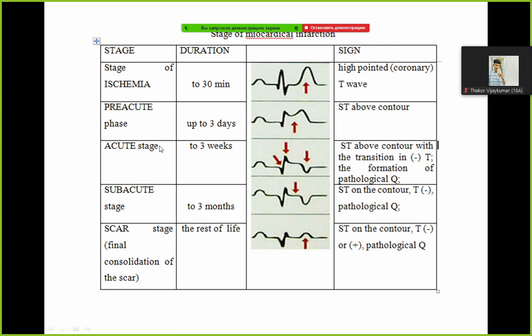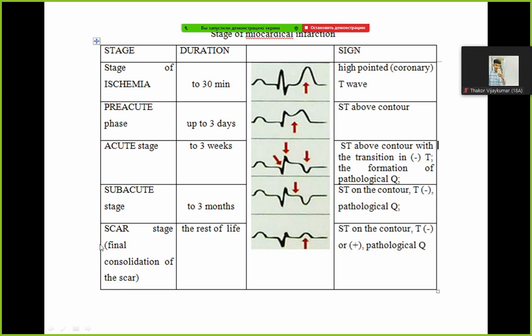Acute stage is necrosis. Its duration up to 3 weeks. It is characterized by appearance of pathological Q, ST elevation, and negative T. Subacute stage up to 3 months. It is the resorption of necrosis, and it is characterized by presence of pathological Q, R wave reduction, ST is on baseline, and